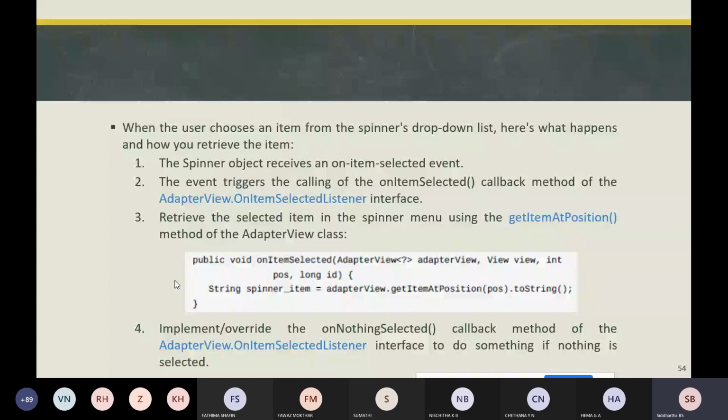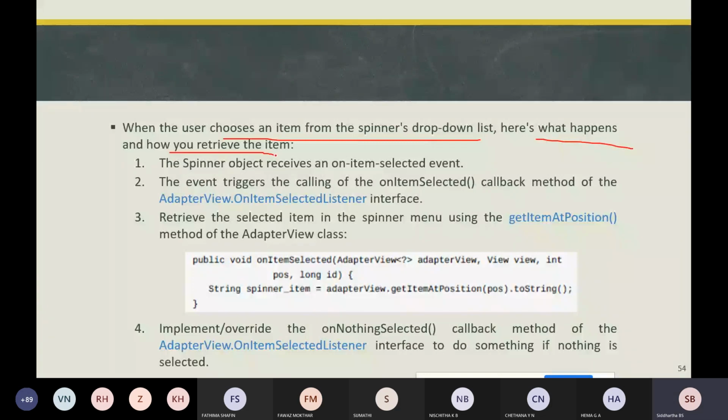So when the user chooses an item from the spinner drop-down list, what happens? How are we going to retrieve that item? We need to see, as soon as the user chooses an item from the spinner's drop-down list, whatever item has been selected, how we retrieve that particular item.